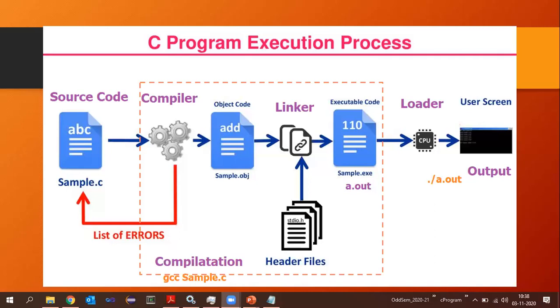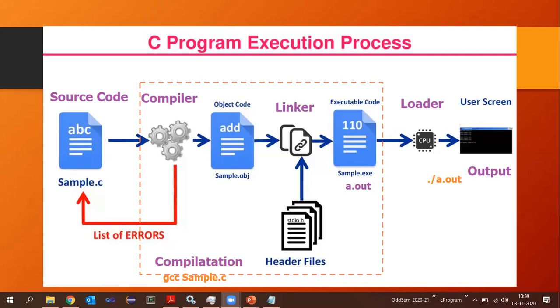Apart from that, we studied the three steps involved in execution of a C program. First is writing the program; when we write the program, we have to save it with the extension .c. Second is compilation, which can be done using gcc, one of the most famous compilers.